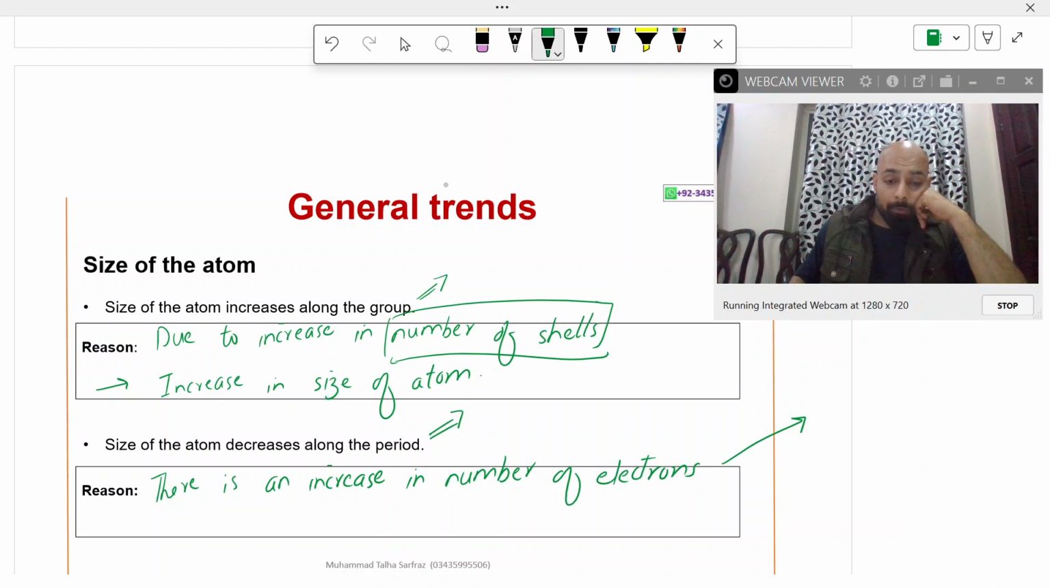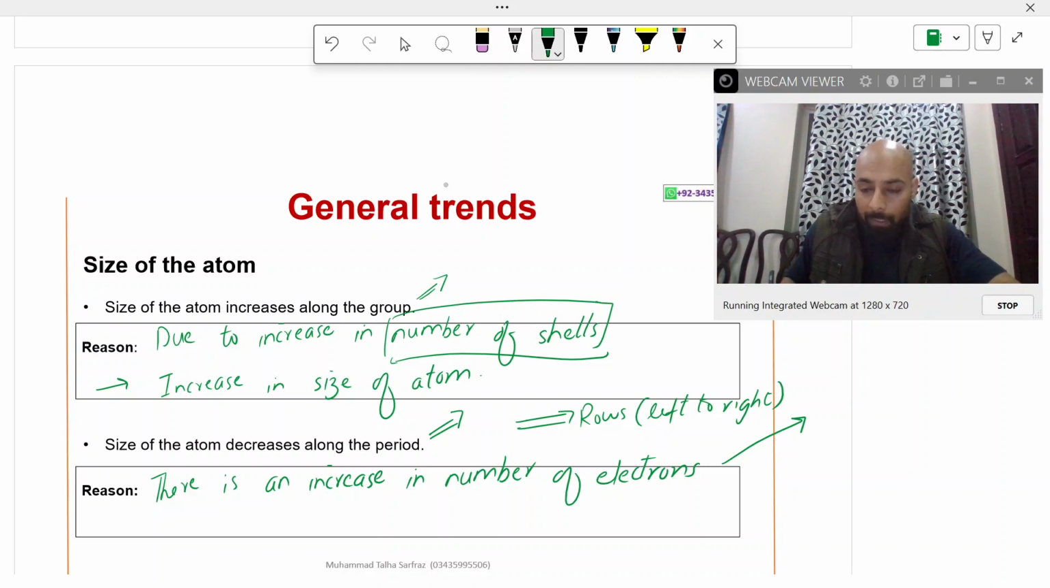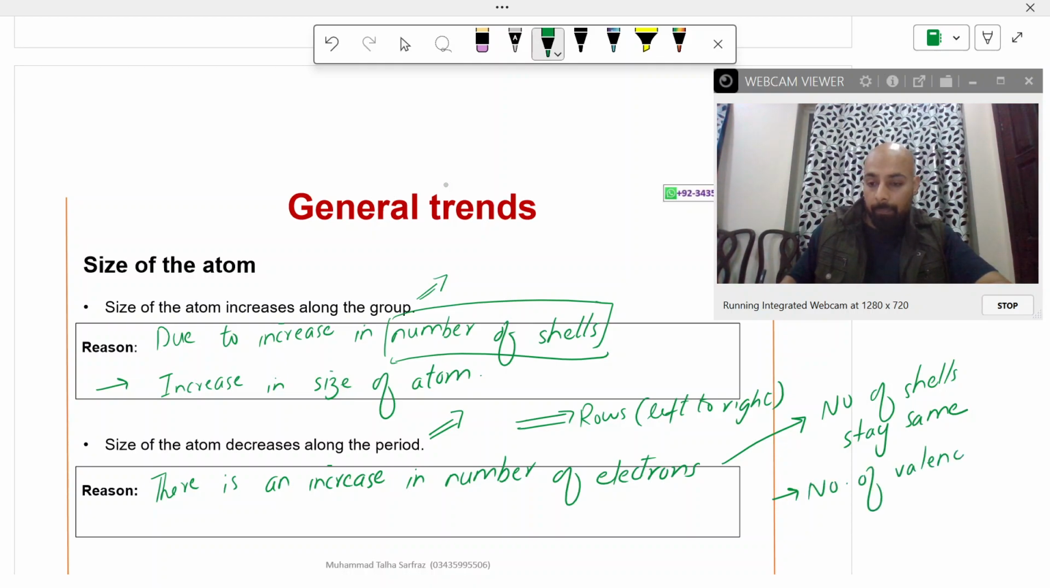याद रखें कि पीरियड की जब हम बात करें वी टॉकिंग अबाउट द रोज. ठीक है, यानी कि लेफ्ट टू राइट. ठीक है, वी आर टॉकिंग अबाउट फ्रॉम लेफ्ट टू राइट. ठीक है, नाउ प्लीज ट्राई टू अंडरस्टैंड दिस थिंग कि व्हेन वी आर गोइंग फ्रॉम लेफ्ट टू राइट इन द पीरियड, ठीक है, तो नंबर ऑफ शेल्स जो होती हैं दे स्टे सेम. राइट, ओनली नंबर ऑफ वैलेंस इलेक्ट्रॉन्स इंक्रीज. ठीक है, बाकी मैं यहाँ पे ऊपर लिख रहा हूँ. तो नंबर ऑफ वैलेंस इलेक्ट्रॉन्स जब इंक्रीज हो जाते हैं तो देयर इज गोइंग टू बी a pull force, you